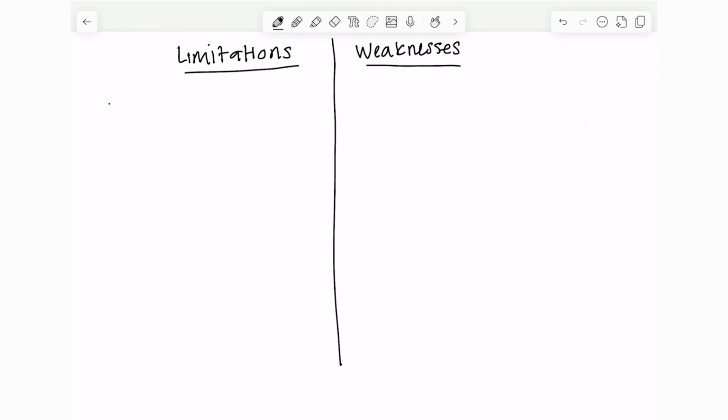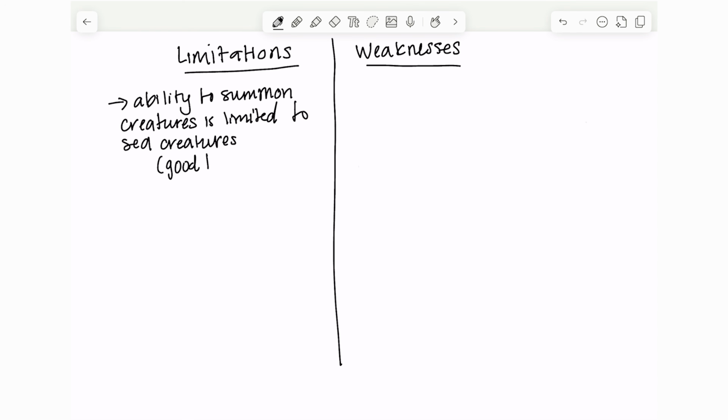So let's consider this when creating my magic system. First, let me look at limitations. If I take that idea that my main character can use creatures to support her in battles, maybe I will say that those creatures are actually limited to sea creatures. The character couldn't summon birds or mammals, so she's really only strong and protected by this power when she is at sea. It's convenient because she's a pirate.